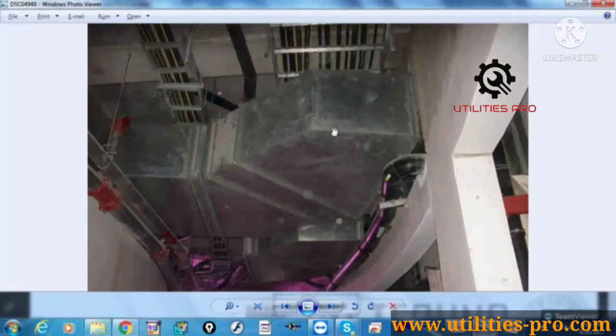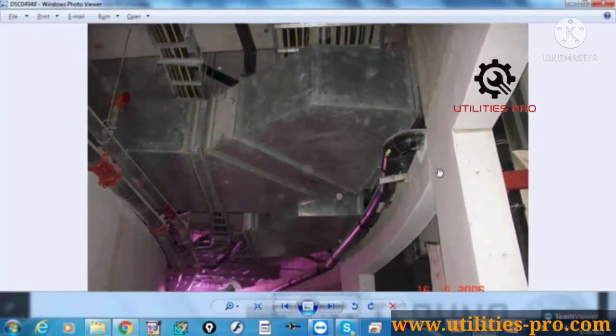The project will start with the mechanical people because it is difficult. For example, if one service is completely done before the other starts, it will take longer and it is difficult also. Why? Because after completing all the services comes the false ceiling, and only after the false ceiling can the electrical people add the light fixtures. Then the mechanical people can attach the diffusers, then the firefighting people the sprinklers, etc. So the final work is after the false ceiling. So it is in sequence, it is in order.